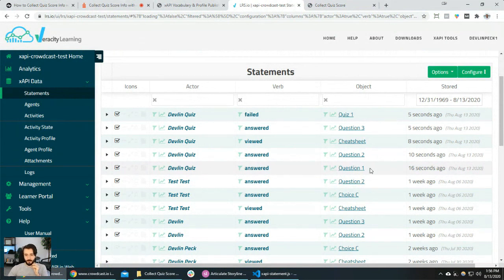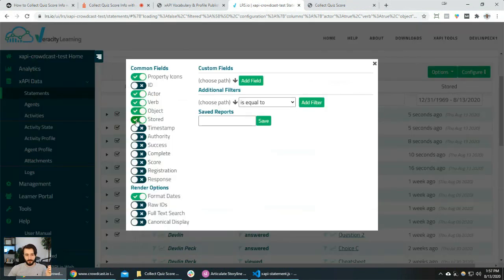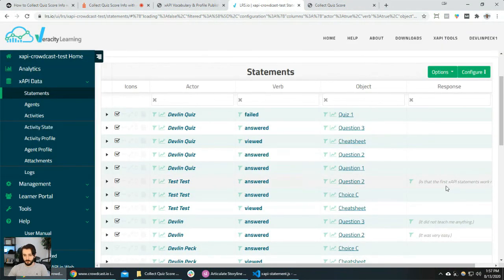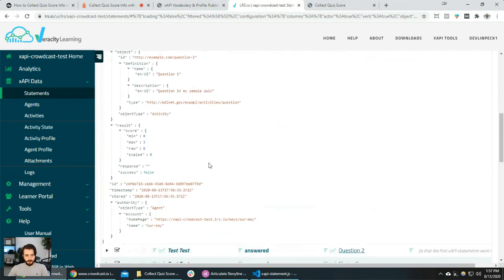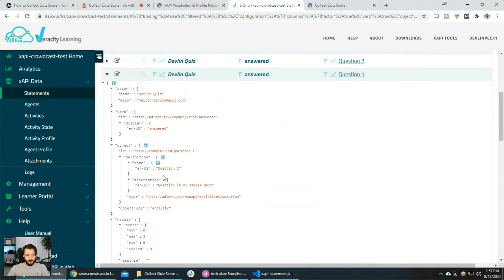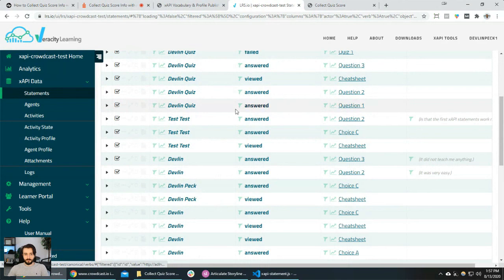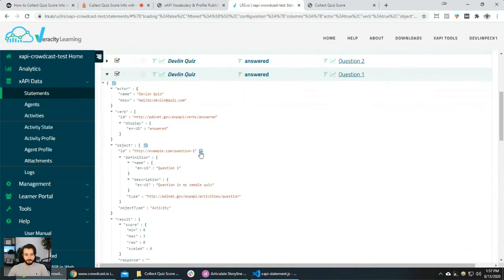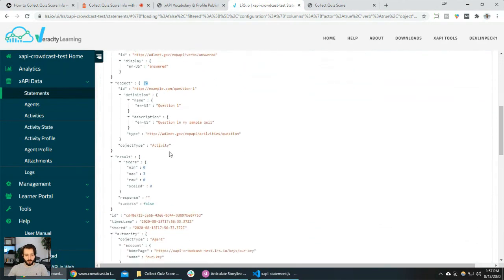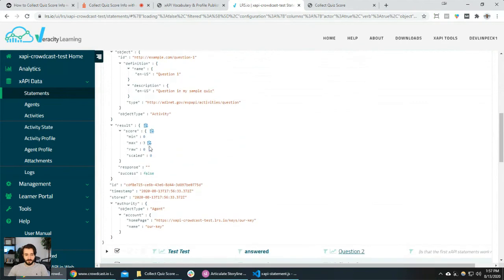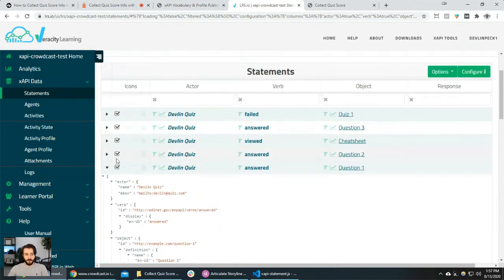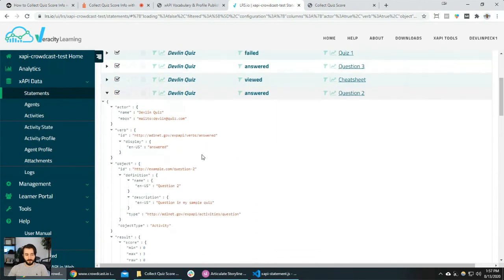Devlin answered question 1. I'm going to configure this, and I'm going to turn off this stored component, because I want to see the responses. I want to know what I'm answering. Uh-oh. Let's see here. Okay, so if we extend this xAPI statement, Devlin answered question 1, we can see we're answering question 1. We can see the score. My score is 0 right now because I got that first one wrong. If we look at my response to question 2,